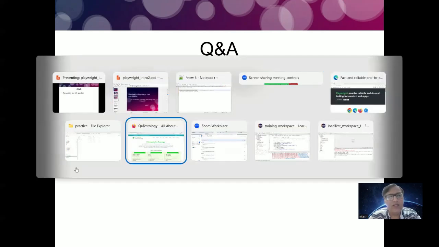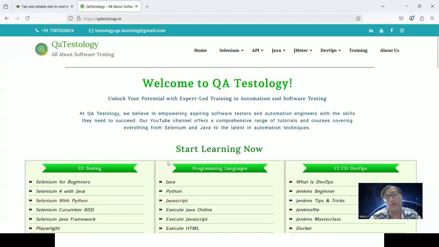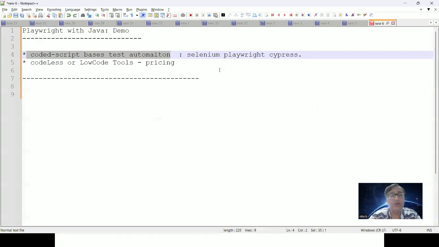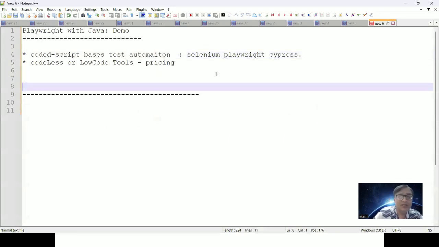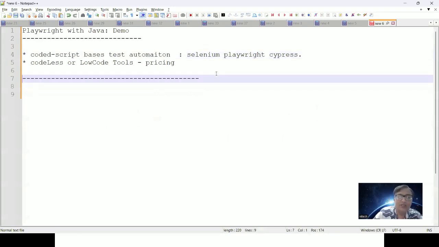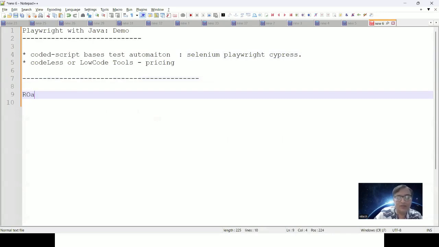Let me talk about the roadmap part first. If you want to learn Playwright with Java, what should be the ideal roadmap, or a proper plan to learn and